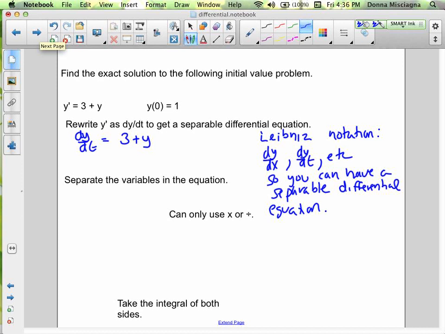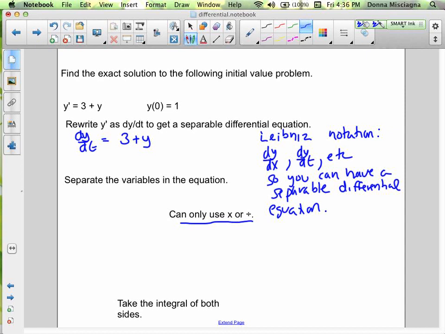And the 3 is going to have to come along for the ride. Right? You can only use multiplication or division. So the 3 is coming along for the ride, and that's fine. I just have a little note there. Leibniz notation is the dy dx, dy dt. That allows us to have a separable differential equation. That's why that was so important. That was actually a very important